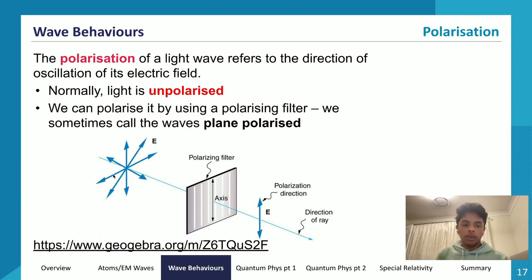If you see over here where my cursor is, that is unpolarized light. So light can oscillate vertically, horizontally, and any amount of degree within that horizontal and vertical axis as well. You can oscillate diagonally in any magnitude, for example. So yeah, unpolarized light is very messy. It can oscillate in any possible direction that it wants to.